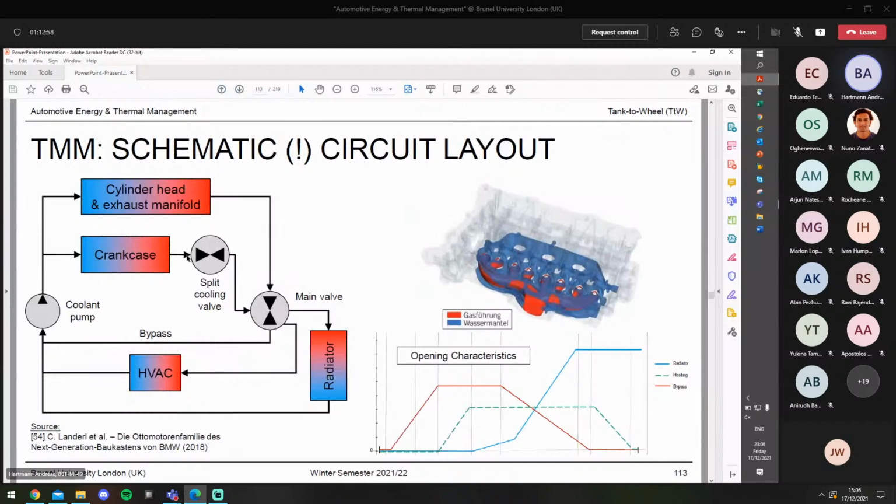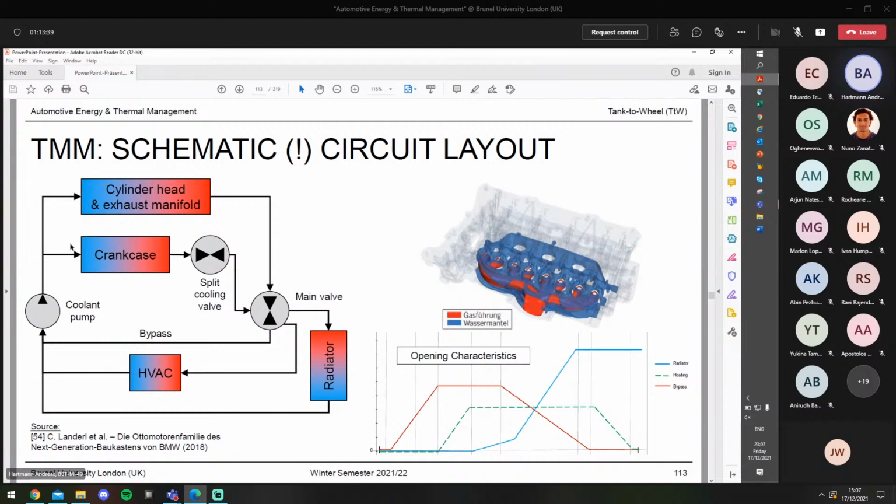Another advantage of such modules when equipped with two valves is that you can apply a so-called split cooling. You can have two independent valves to steer the coolant flow through the cylinder head and the crankcase independently. As just mentioned, the cylinder head produces much more waste heat than the crankcase, and it's also much more sensitive to higher temperature than the crankcase, and therefore it really makes sense to steer the coolant flow through both parts of the engine